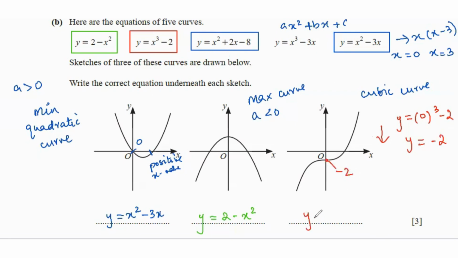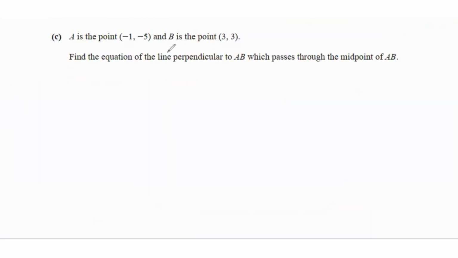Hence, y is x cubed minus 2. Part C says A is the point (-1, -5), B is the point (3, 3). Find the equation of the line perpendicular to AB, which passes through the midpoint of AB. So let's start with finding the midpoint of AB,